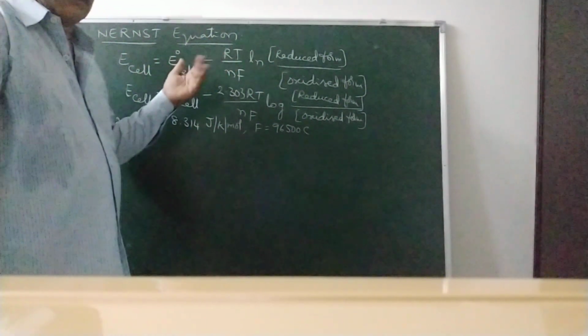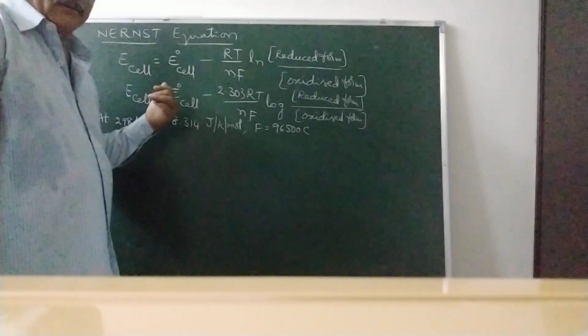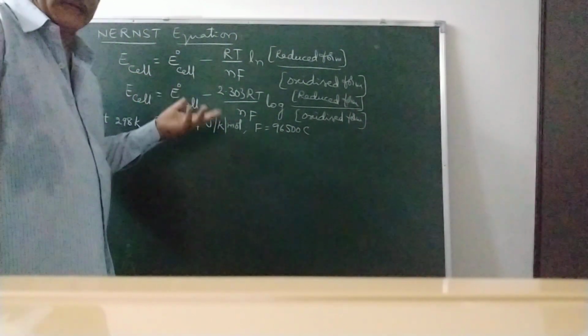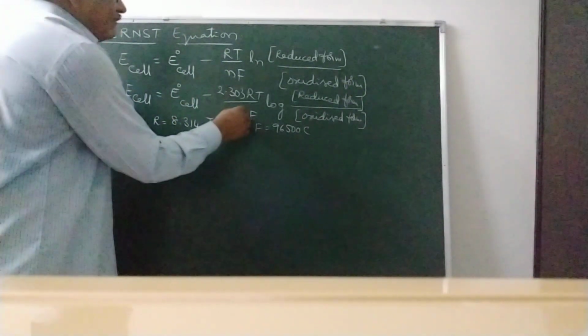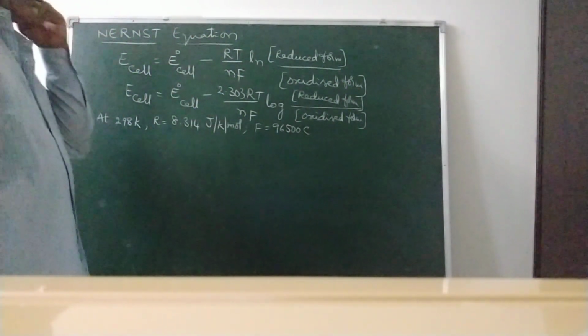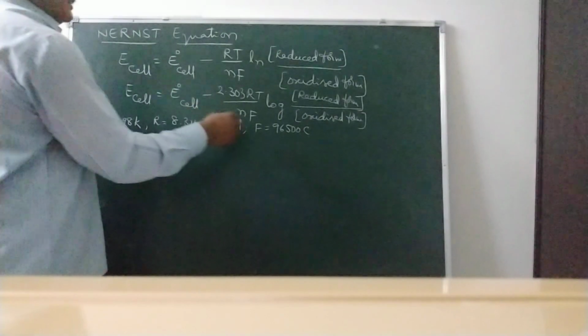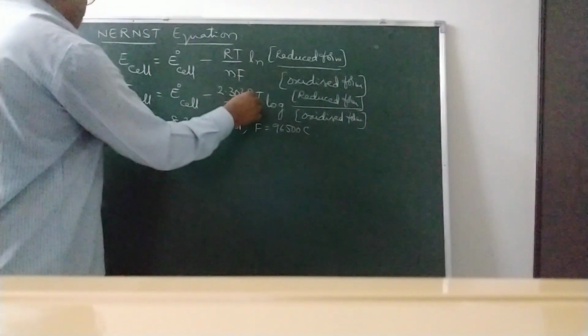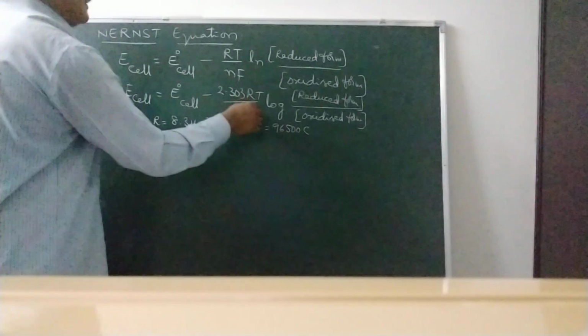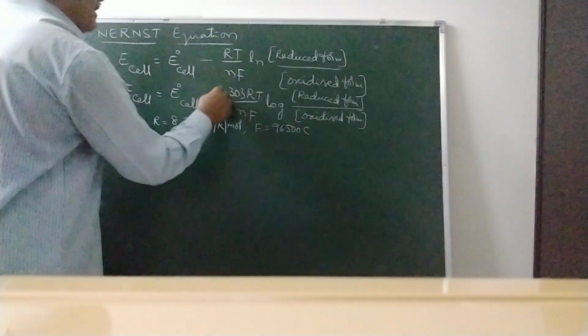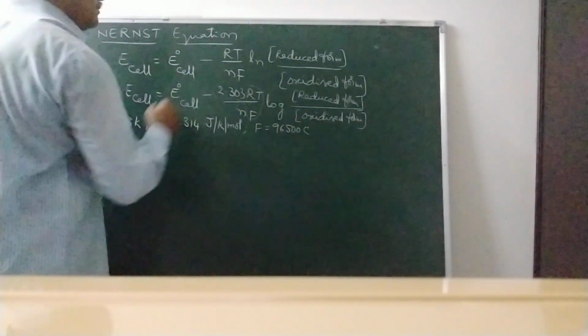So what is reduction? Gain of electrons. What is oxidation? Loss of electrons. How many electrons are lost or how many electrons are gained? That is given by n. So if we substitute the R value, T value and then F value, this value becomes